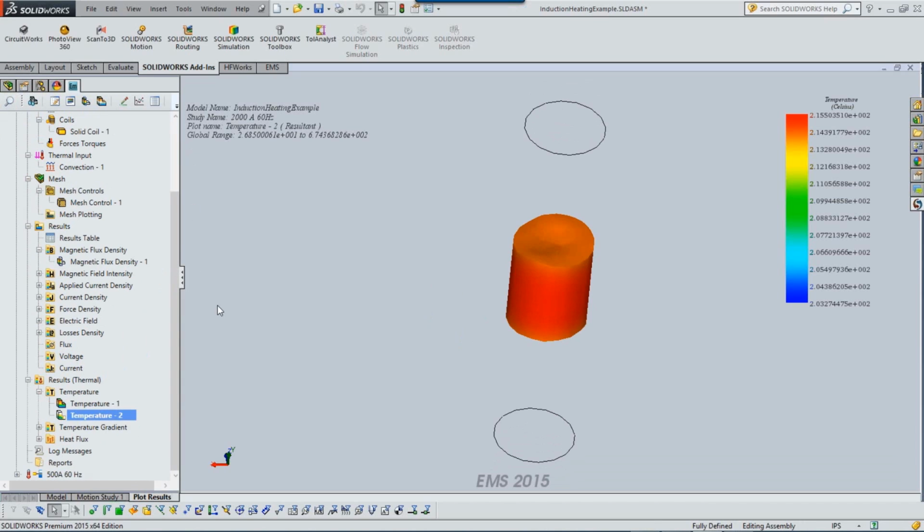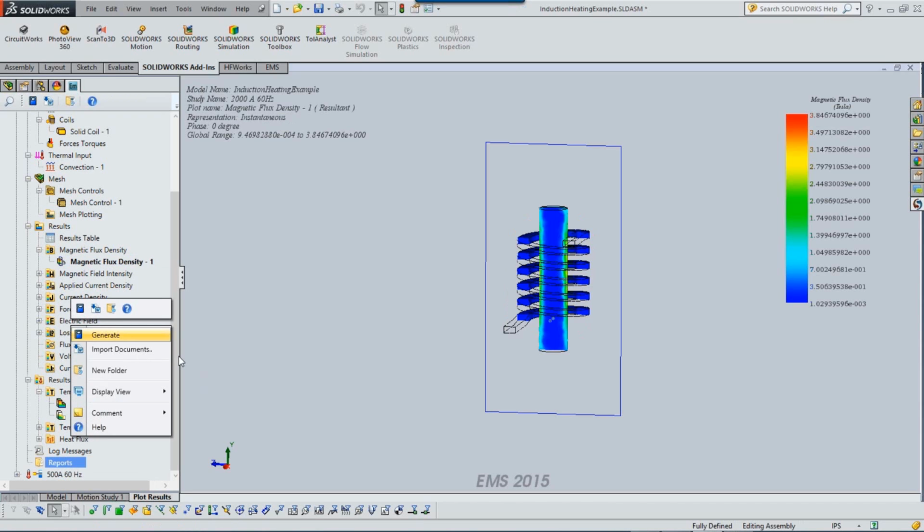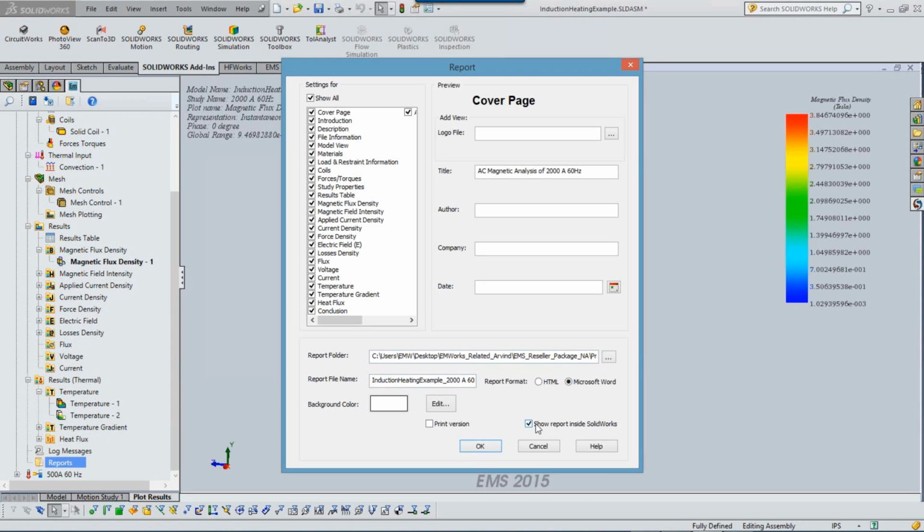Okay. Lastly, I want to show you what is called the automatic report feature inside EMS. Okay. So one can generate a report inside EMS, either in Microsoft Word form or in HTML form. And here I can specify what are the properties that I want to see. I can take a look at the ones that I want, for example, temperature I want, and so on. So when you create a report and say OK,